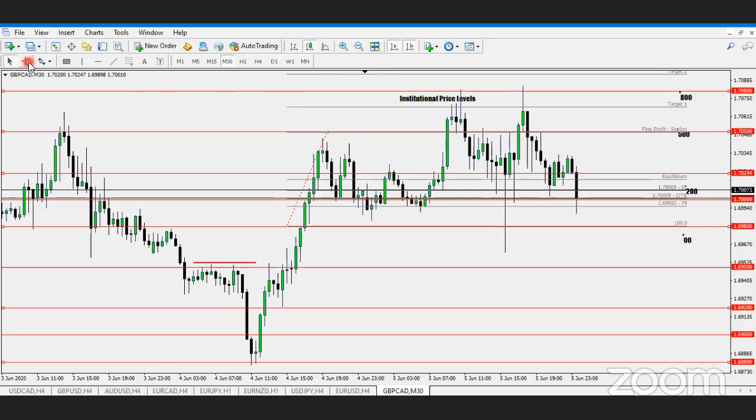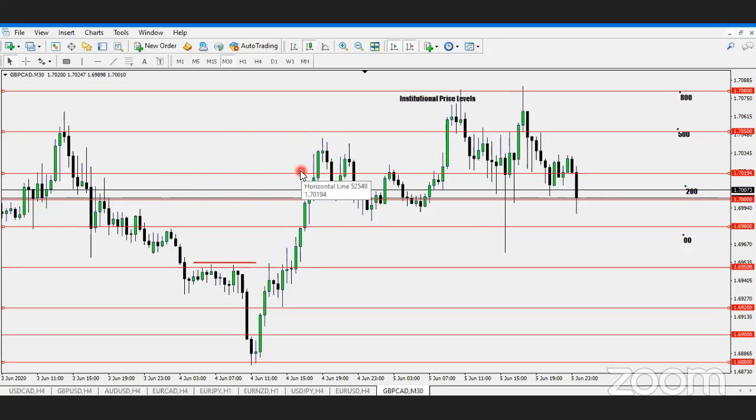But that would have been a bad trading plan, because if we look here, we're already in 60 plus pips profit. So you at least should have moved or taken some of the profits, at least break even, worst case. So that kind of trade shouldn't have hit your stop loss or anything. But essentially what I'm doing is I'm just showing you how to use the institutional price levels as an additional confirmation. Now, you know how much I like my confirmations, and the institutional price levels can be